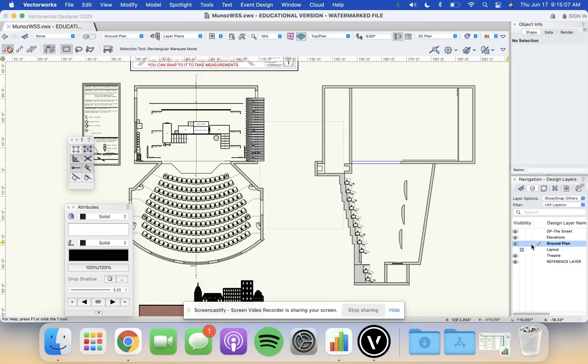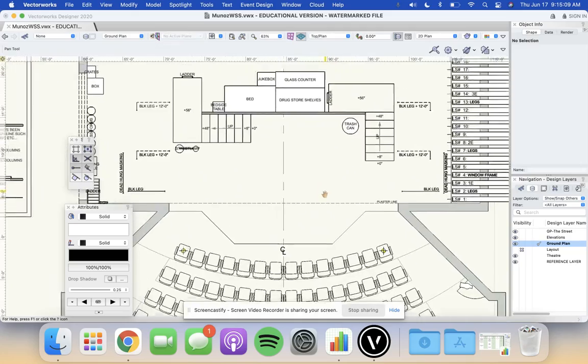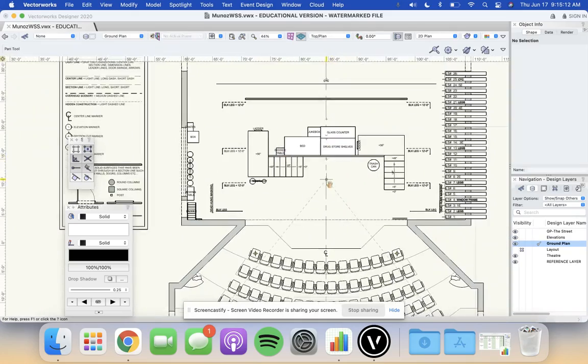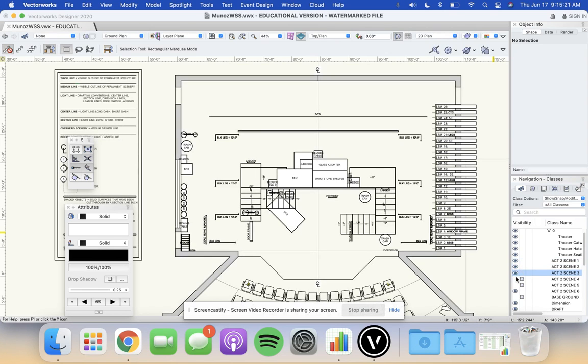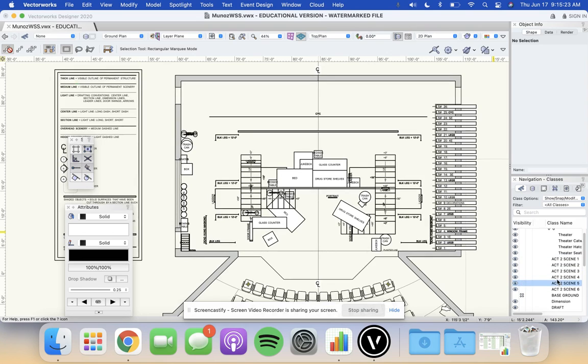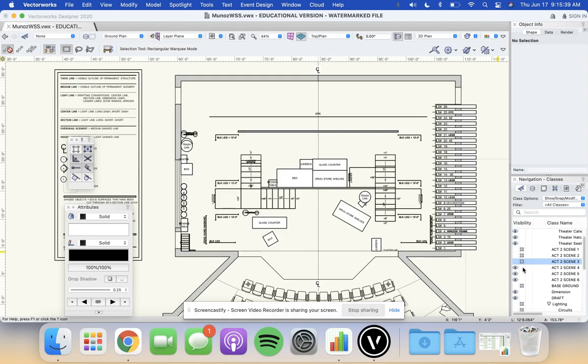So grateful it does. So then on the ground plan base, on whatever design layer you've been working on, this is how it had worked best for me. I have all these different classes that I can toggle on and off depending on what scene I want to look at. My class navigation panel is kind of a mess because I haven't labeled everything nicely, but I did label all the classes I have for these scenes according to their act and scene number, so I can put them all together for a composite. This is an Act 2 composite shot, which is a mess,